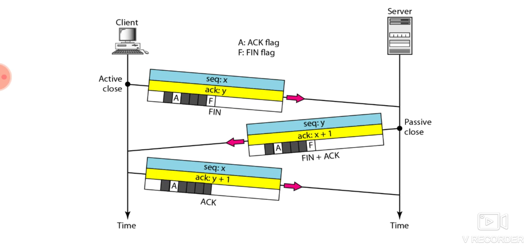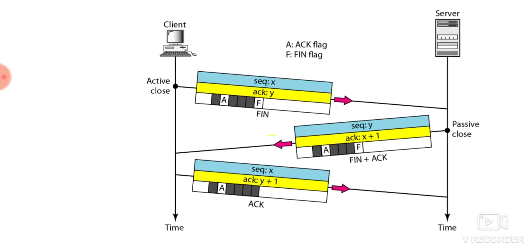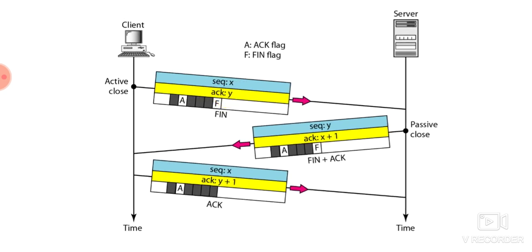In a normal situation, the client TCP, after receiving a close command from the client process, sends the first segment, that is a FIN segment, in which the FIN flag is set. We have seen a FIN flag there. FIN means finished. The FIN segment can include the last chunk of data sent by the client, or it can be just a control segment. If it is only a control segment, then it consumes only one sequence number. So here the client is sending FIN, so this F is set.